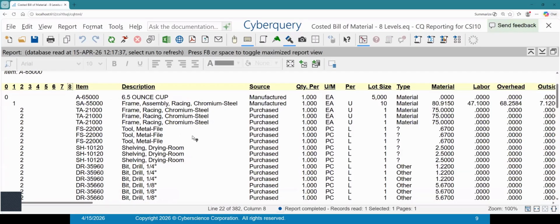Now, one thing that I also do that I'm not displaying here, but it may pique your interest, is a lot of times I'll develop what we call a where used report as well, where I'll take the same report that I've got and I will dump it out to a hold file. And I'll be referencing a hold file in my next example, but a hold file is a table for Cyberquery access only that was created via this product here, Cyberquery HTML. So what I would do is take this entire BOM and drop it into, for all items, a hold